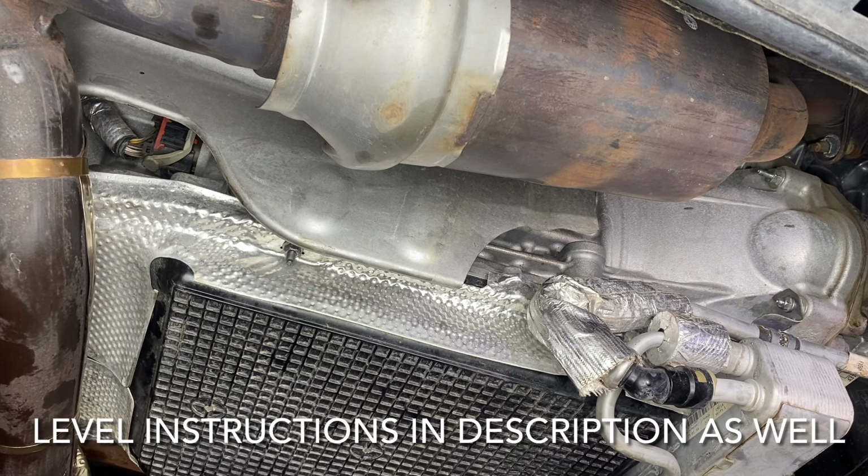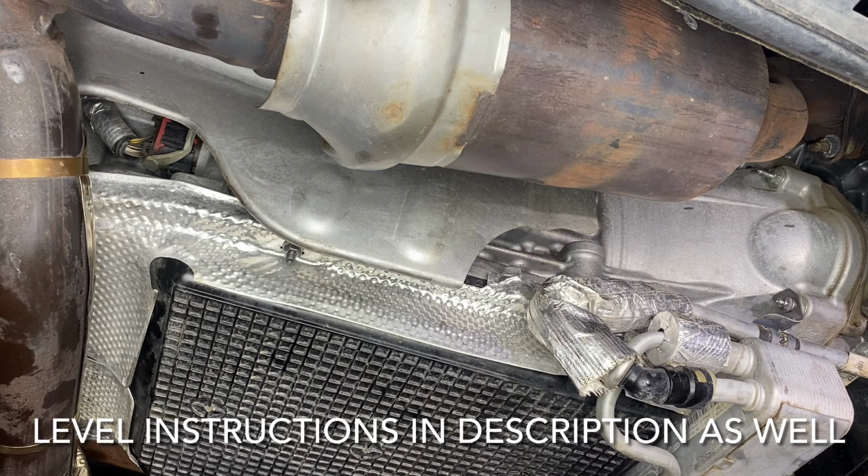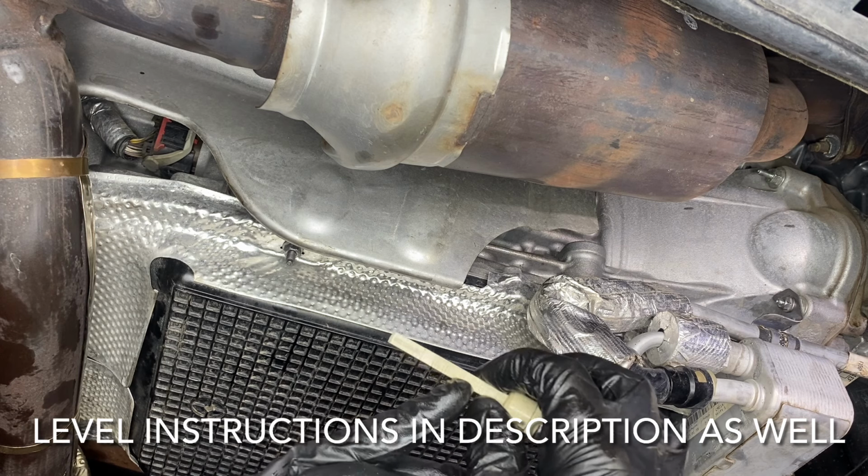I don't do that just because with this particular motor, the catalytic converter is about 3 inches away from the dipstick itself, and it's very hard and long. It takes a long drive to get the transmission temperature up to 200 degrees. So what I do is I will actually just go just below, like a bar below where Ford recommends we put the level. And on this dipstick here, I have an A and a B